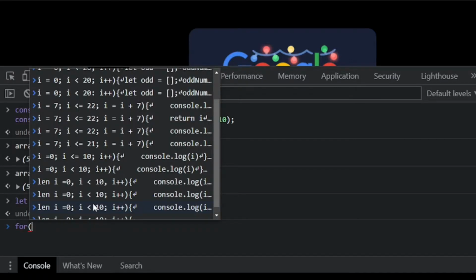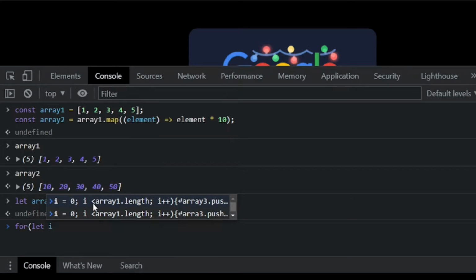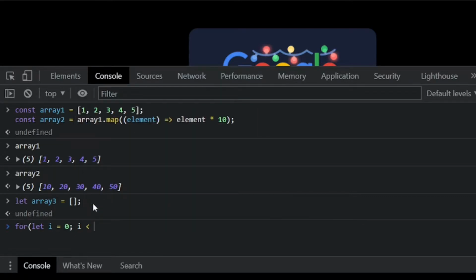I will also need a variable a, for example, equal to 0 at the start, and the ending point will be the length of this first array, which means array first dot length, and I'm gonna loop through each element. So I'm using this syntax,